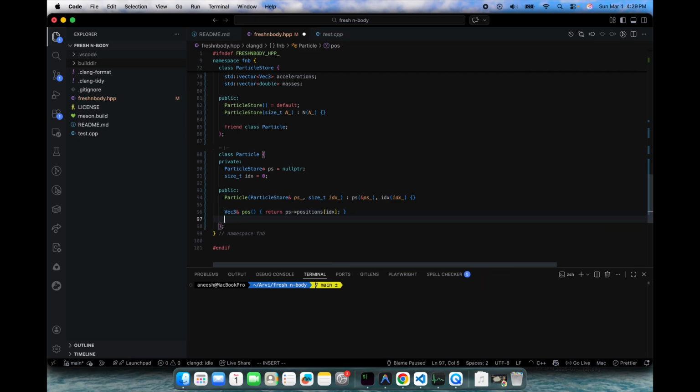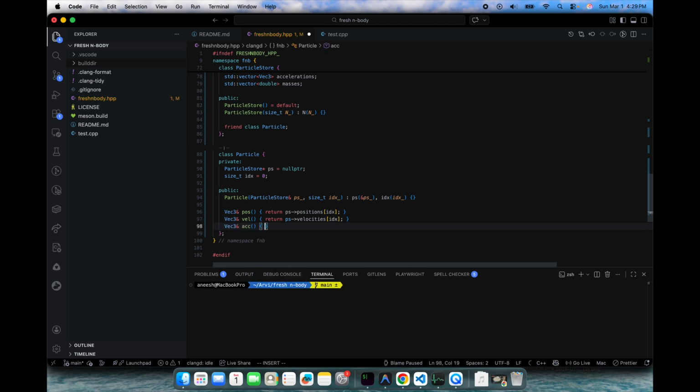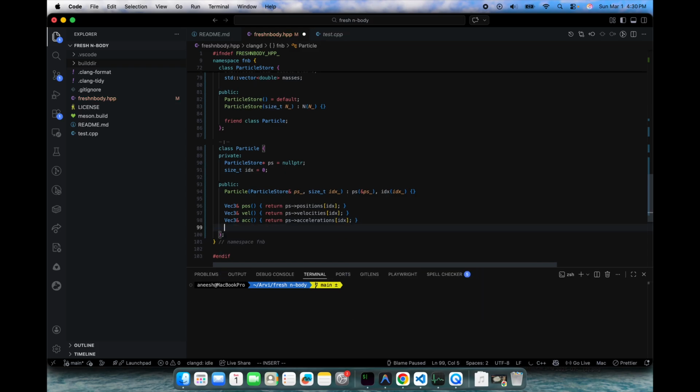It's vec3 vel, very similar thing, but with velocities. Acceleration. Okay, and then mass, so double